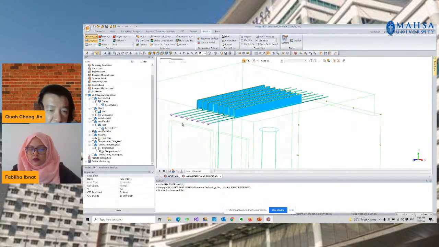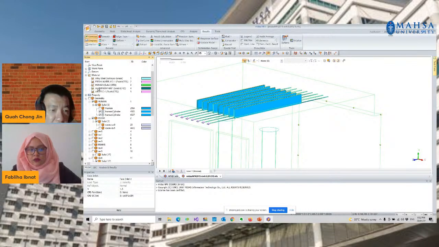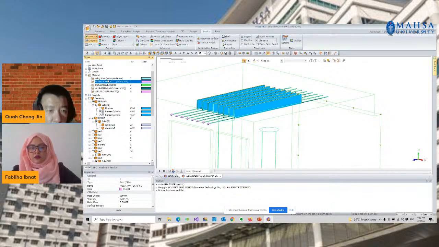So this case study involves two different types of fluids, the hot air and the cold air itself. Initially we have to prepare the materials or the fluids. We have the air as a fluid, and the water as a fluid also. The water is the cold fluid basically.